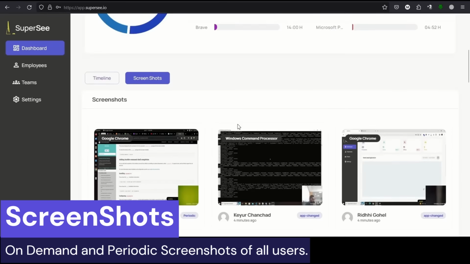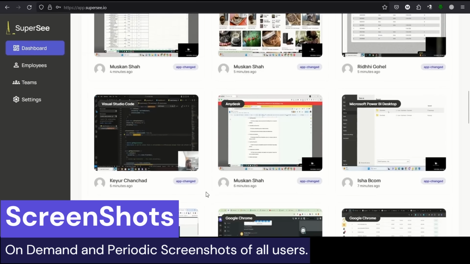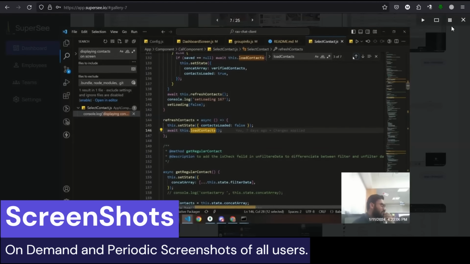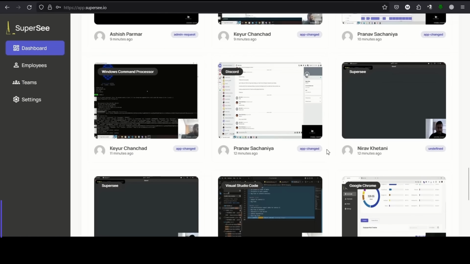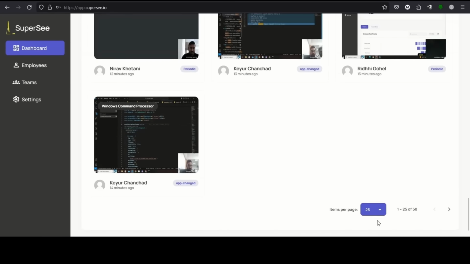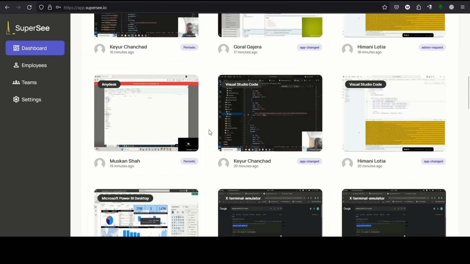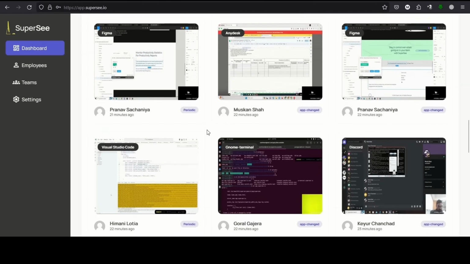Next, let's talk about screenshots. SuperSee allows you to capture periodic screenshots of your team's screens, giving you a visual overview of their work activities. Screenshots provide a valuable insight into how your team is spending their time, allowing you to identify trends and optimize